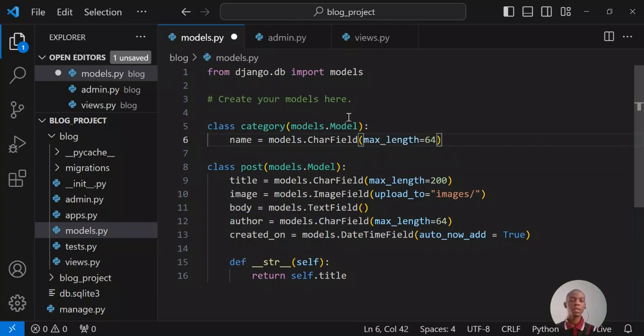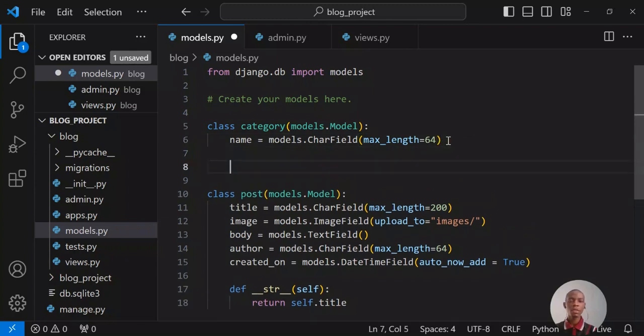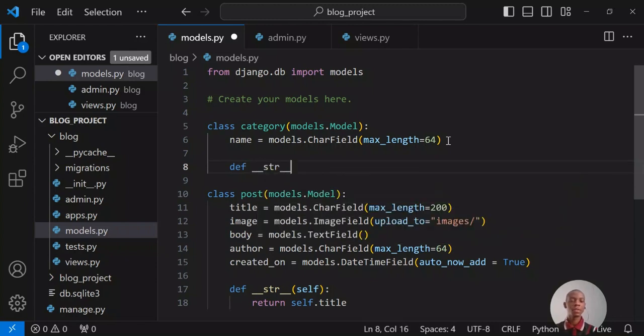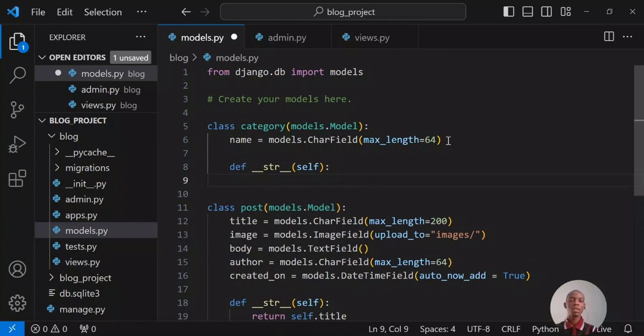I think 64 is fine. Then I think I should define the return statement first, so the string function, with the parameter as usual, and then I'm going to return our self.name